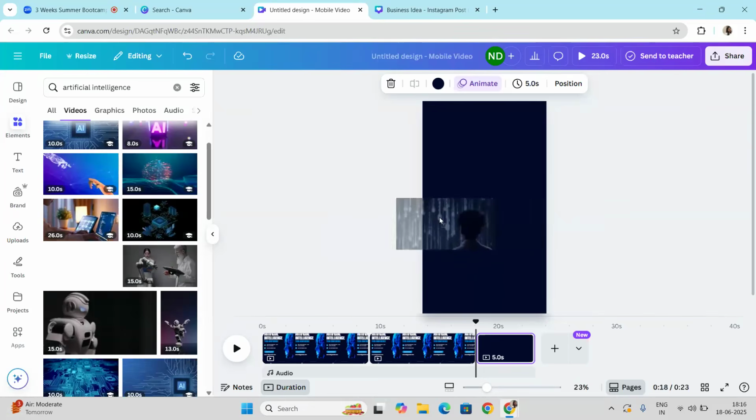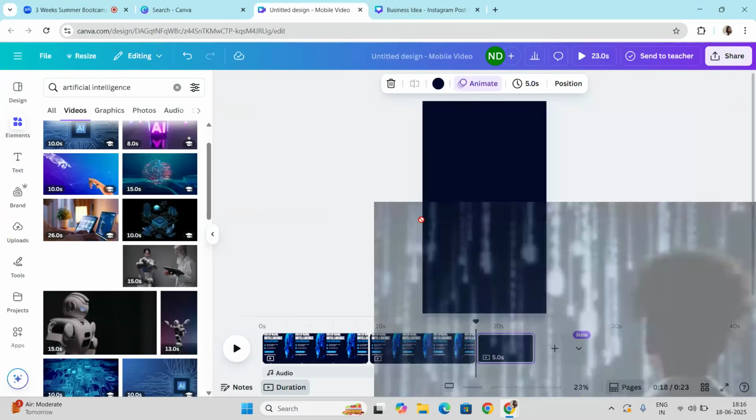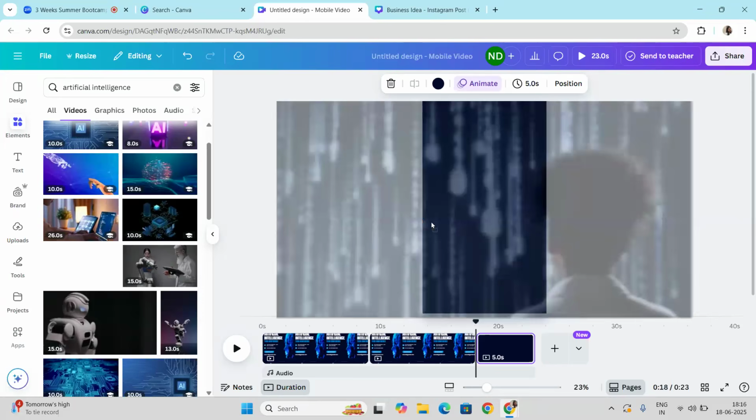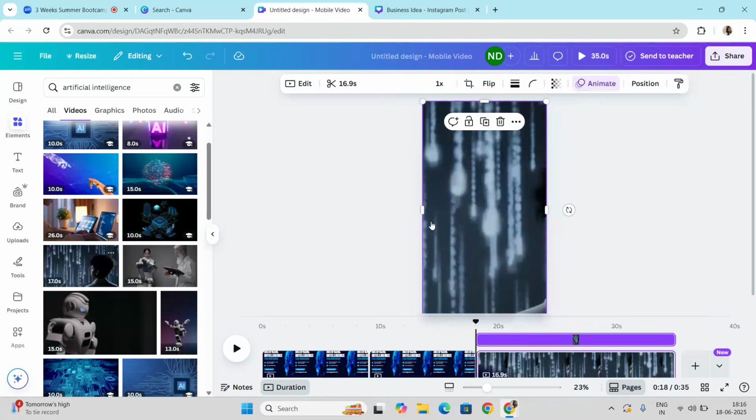You have to just take it to the corner. By taking it to the corner, you can see your complete video will be visible, half outside and half inside. So you have to keep in mind, just drop the video where it will take position to the whole page. So right now I have just placed it.